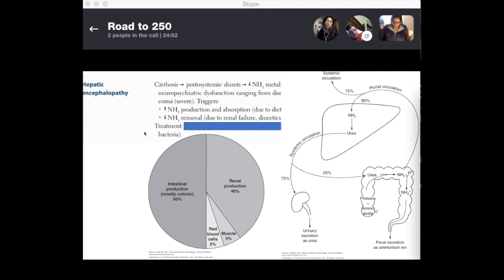So when we are, actually before I go into that thought, going back to hepatic encephalopathy, if you hit one more time,